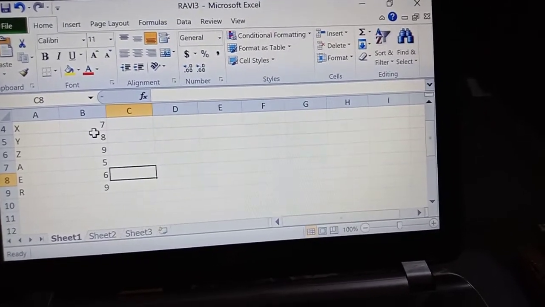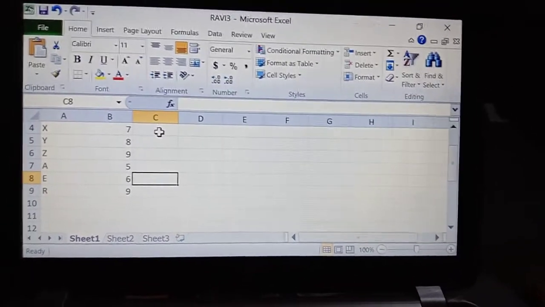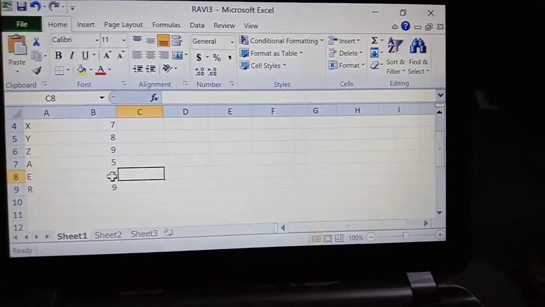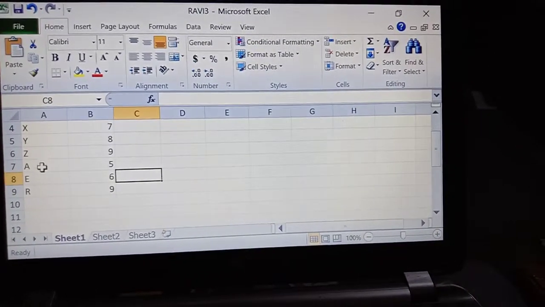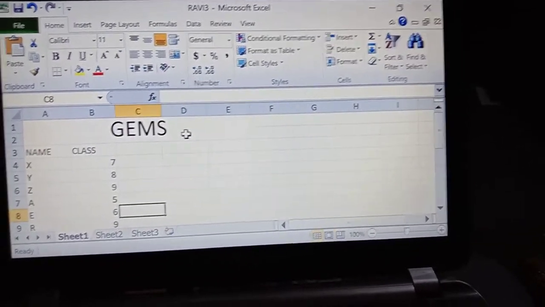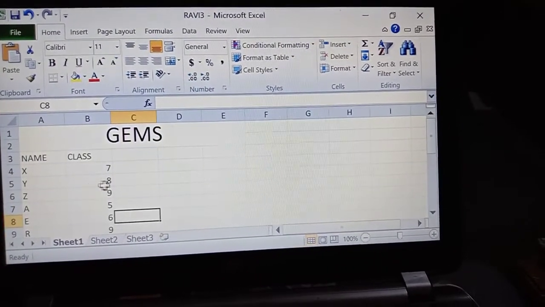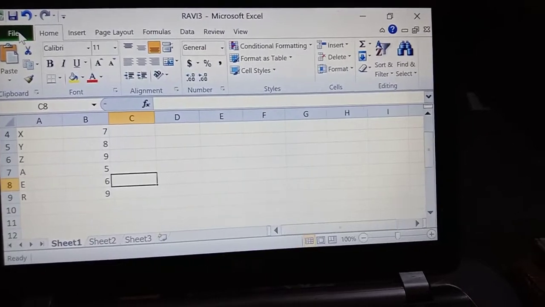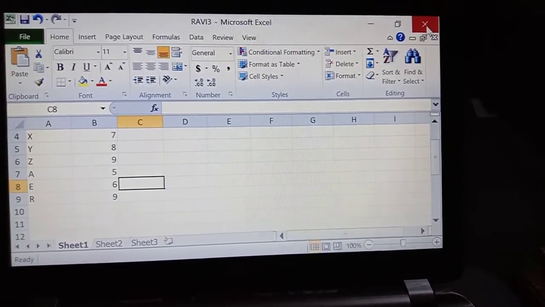We have the embedded object, and we have also linked this object. So now we are discussing the difference between embedded object and linked object. What we did here is modify this file. Initially we had only 4 names. We took one report, the GEMS report, in which name and class are there. Initially we have only 4 names and 4 classes, but now we have modified it. Now again I am saving this.